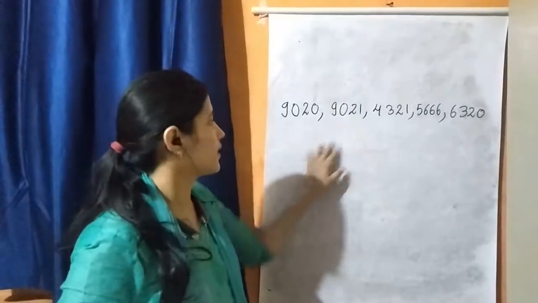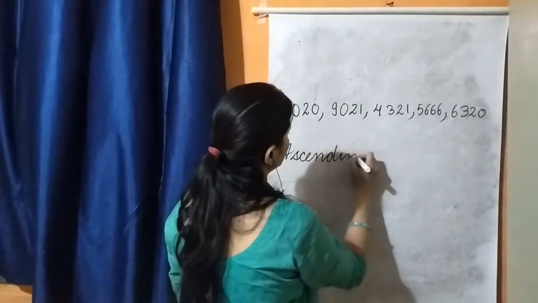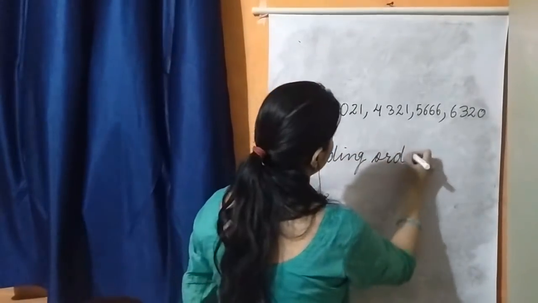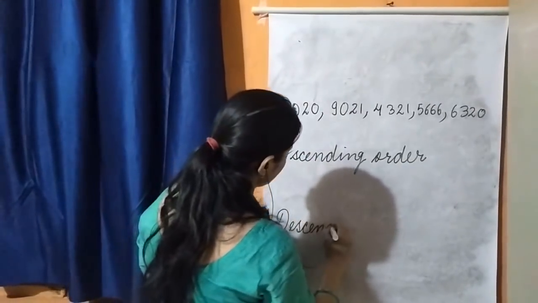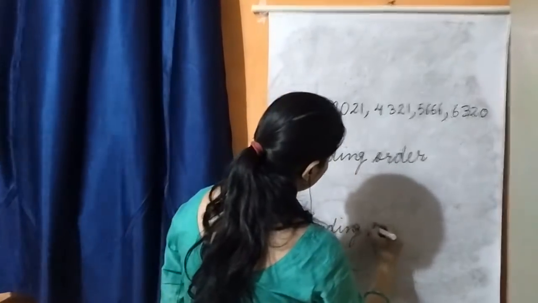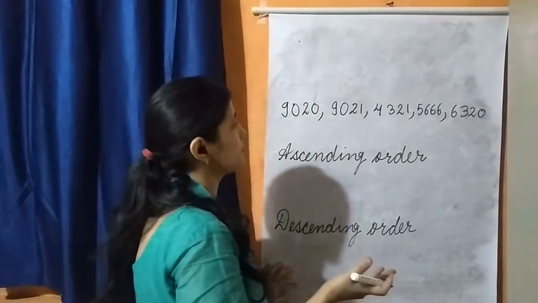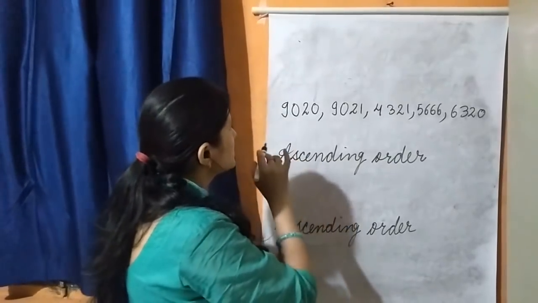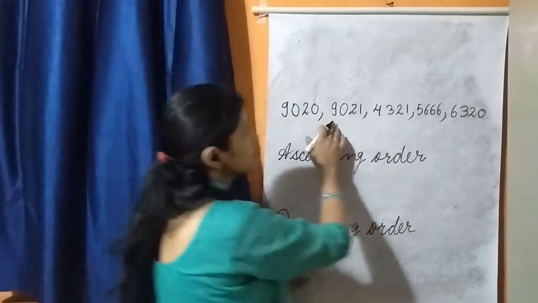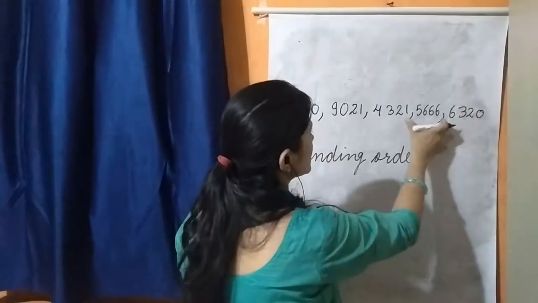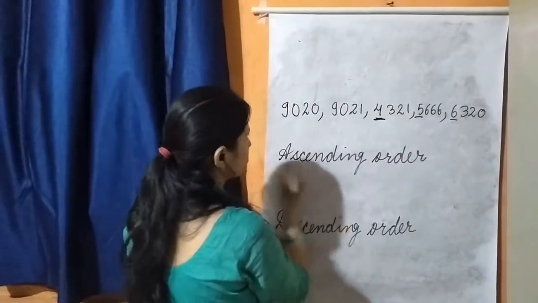4 digits. Okay, firstly we will arrange these numbers in ascending order, and then we will arrange them vice versa in descending order. They all have the same number of digits, so we will start by seeing the highest value, that is the thousands place. These numbers are 4, 5 and 6. Out of 4, 5 and 6, which is the smallest one? 4. So this is going to be our first number,